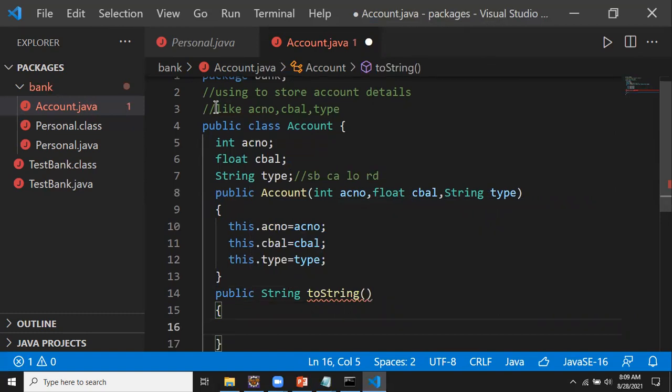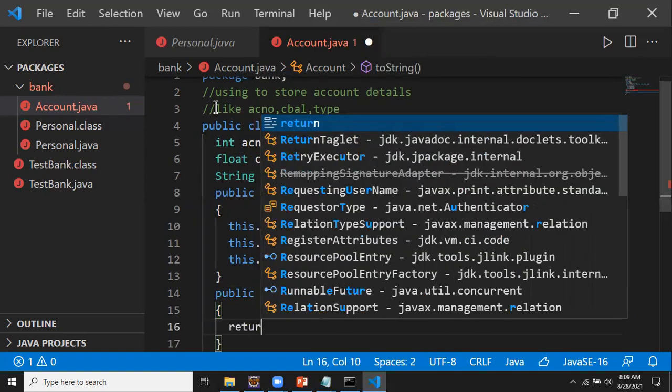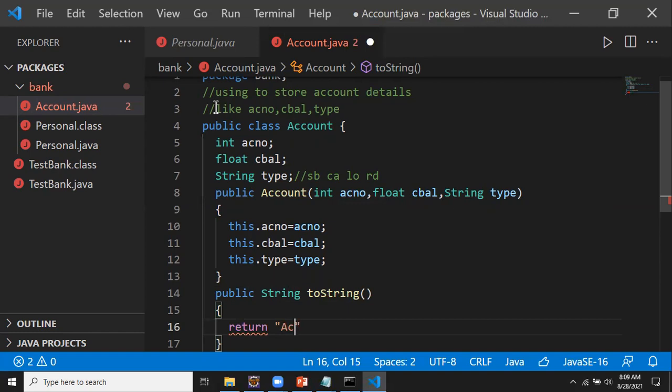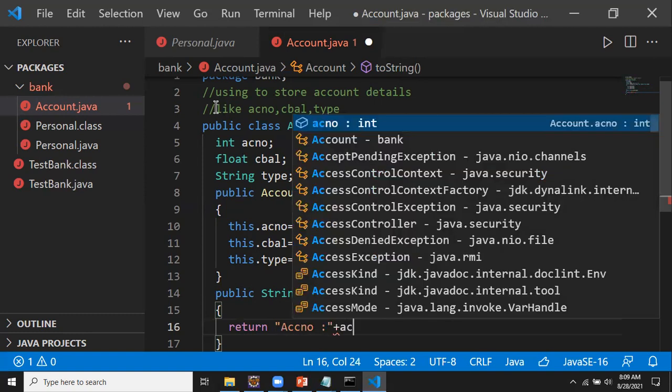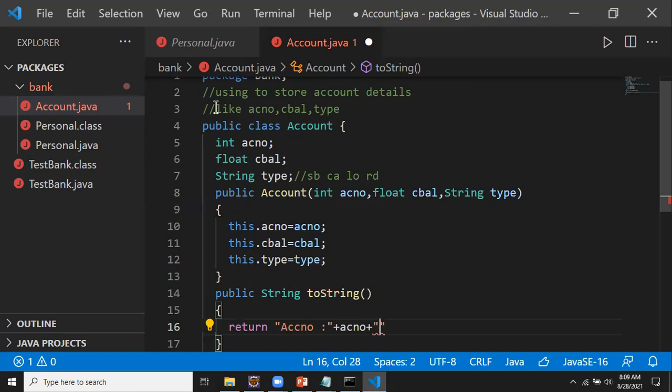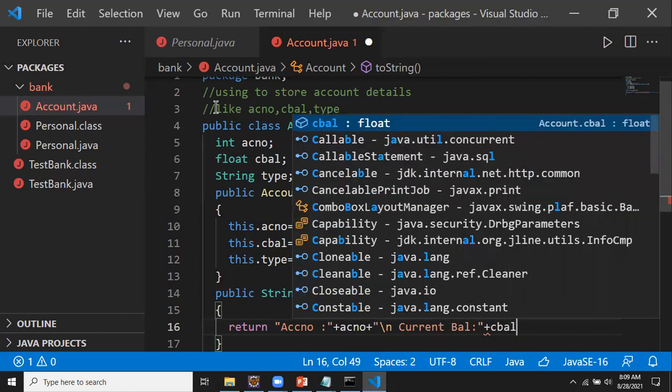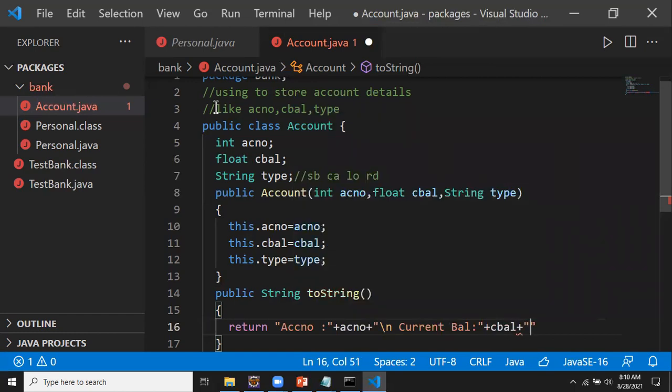So then I want to return the values there. You can say return: account number, so I'll write here plus ACNO plus \n. I'm using it to move to the next line. Then I want the current balance, so current balance plus CBAL plus.